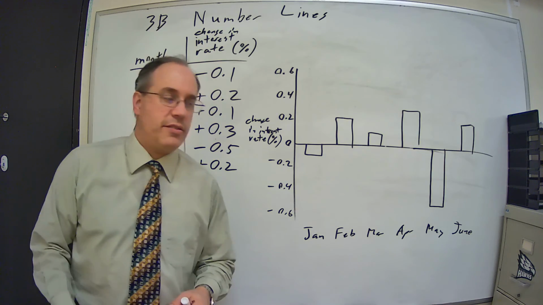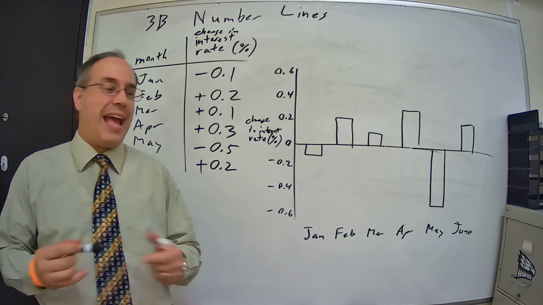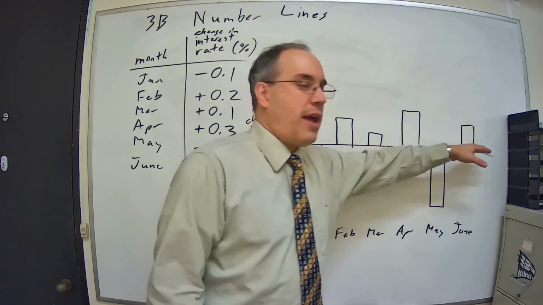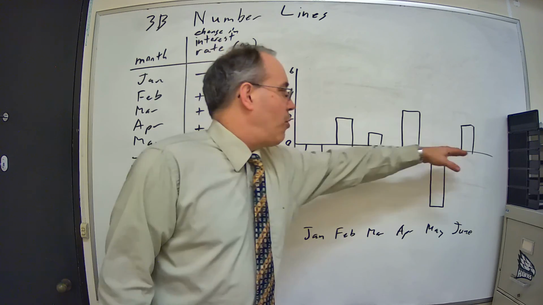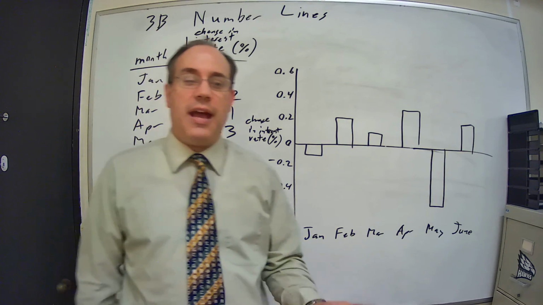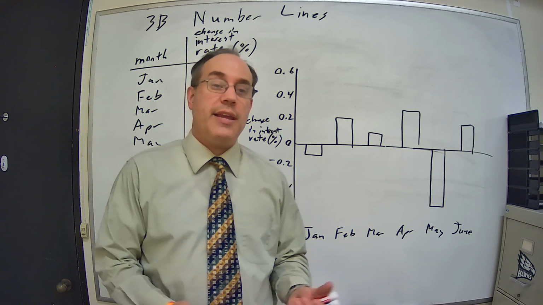And that is a bar graph depicting positive and negative values. So see that it's balanced around this horizontal line, and the positive values go up, the negative values go down. So that's dealing with number lines and actually creating our own